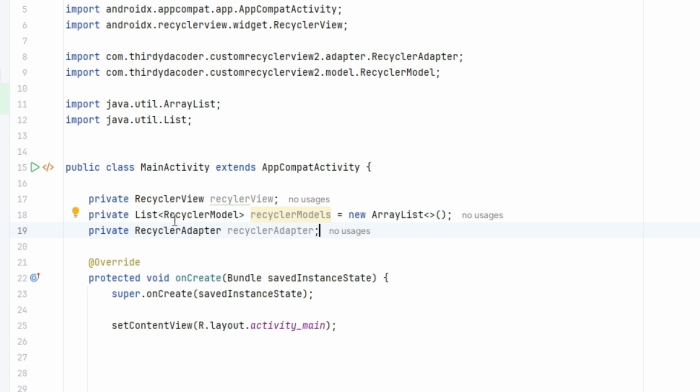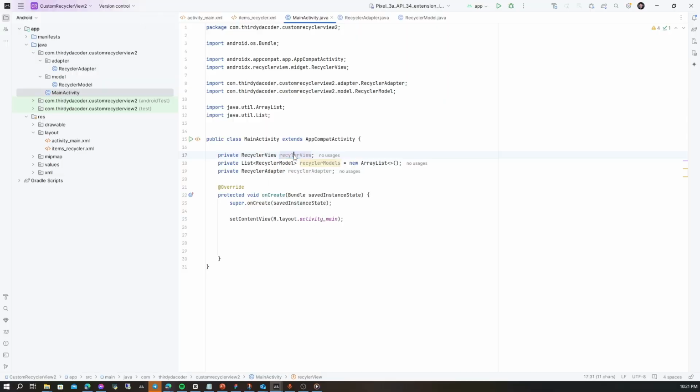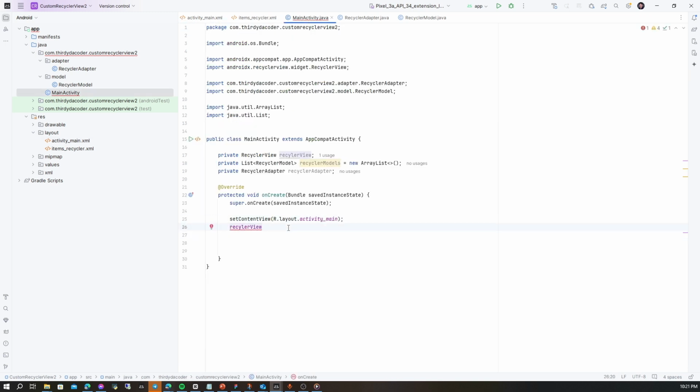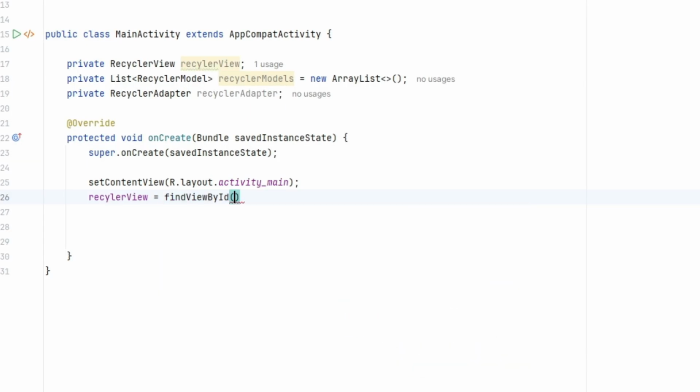Then we can call the recycler view. What is our ID name in our recycler view? RV name, as I mentioned. The recycler view equals find view by ID R.id dot RV name.